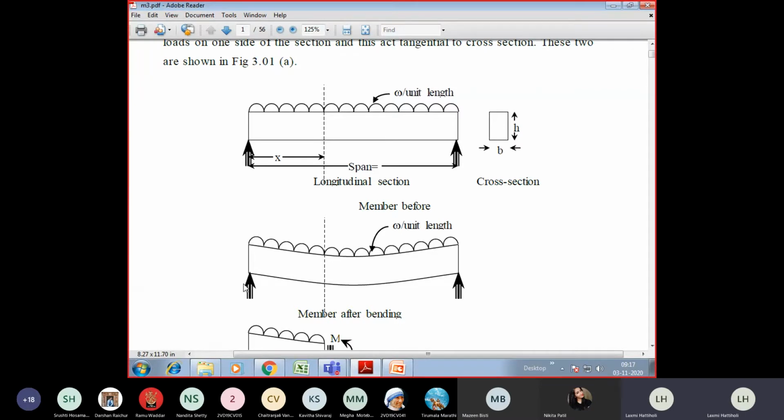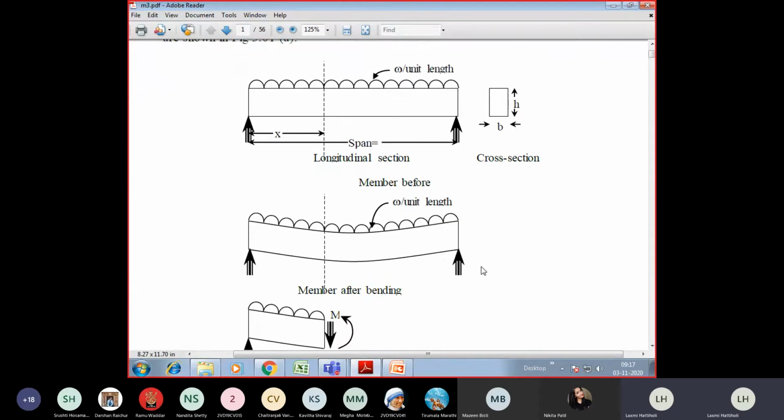What is the meaning of deflection? You can see the second diagram. It has undergone some amount of deformation, is it not? This deformation is in the form of this curvature. The beam has bent, right? So this bending is nothing but the deformation or the deflection. If you remember in the first module, when I take a single bar and apply a tensile or compressive load axially, we have seen some extension or shortening in the member. In a similar way, when you take a beam and apply this loading, the beam bends. In other words, you can simply call it a deflection or deformation.